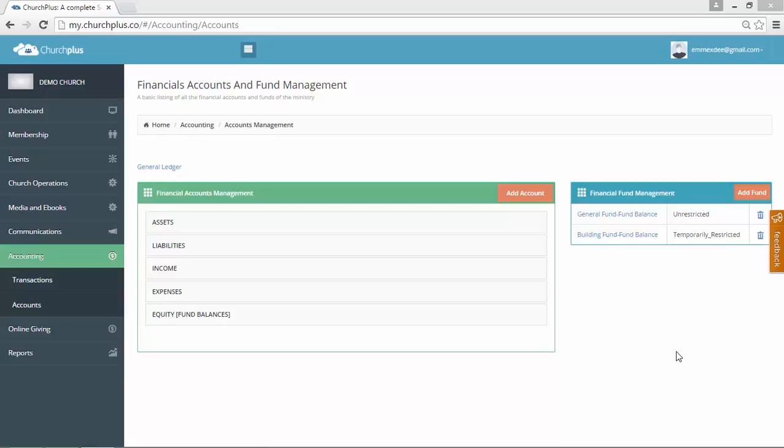So now that we know what funds are, let's say we want to create a new fund called welfare fund. Maybe we want to be able to help our members with little challenges they have as they arise, and we want to create a new fund for that particular purpose. So let's add fund,